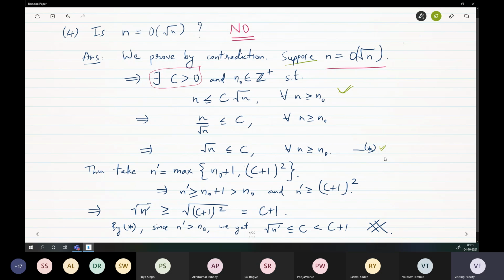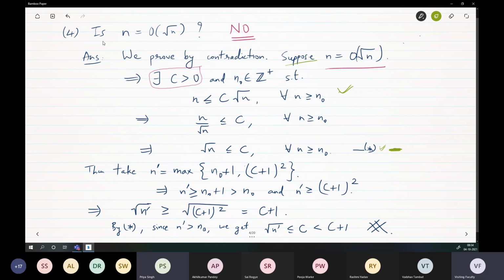Okay. Now, don't look at the remaining lines. Just stay here at this point, okay? And tell me, is there something wrong in what we have arrived at, in what we have argued? Do we have a contradiction here itself? Yes, sir. Okay. What is the contradiction? What is the problem? Intuitively, what is the problem? Sir, if n increases, then it cannot stay below a constant term. n will keep increasing.